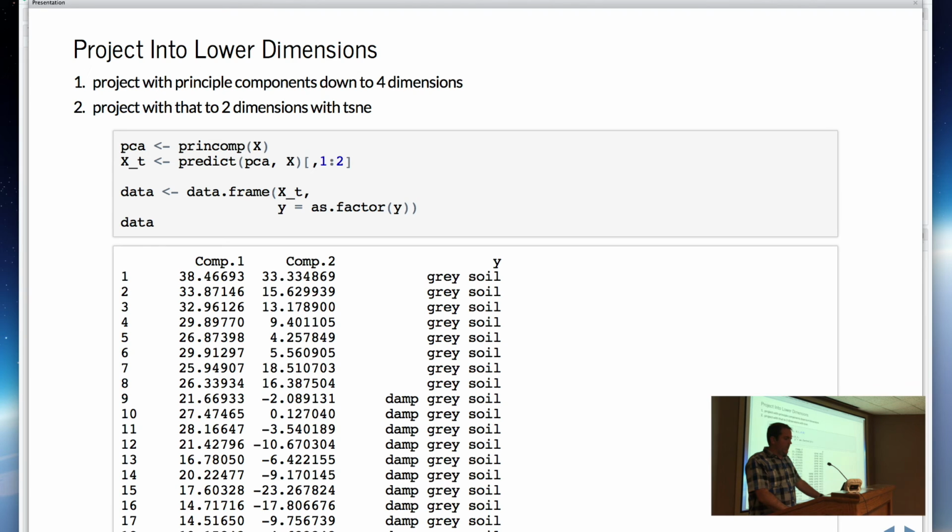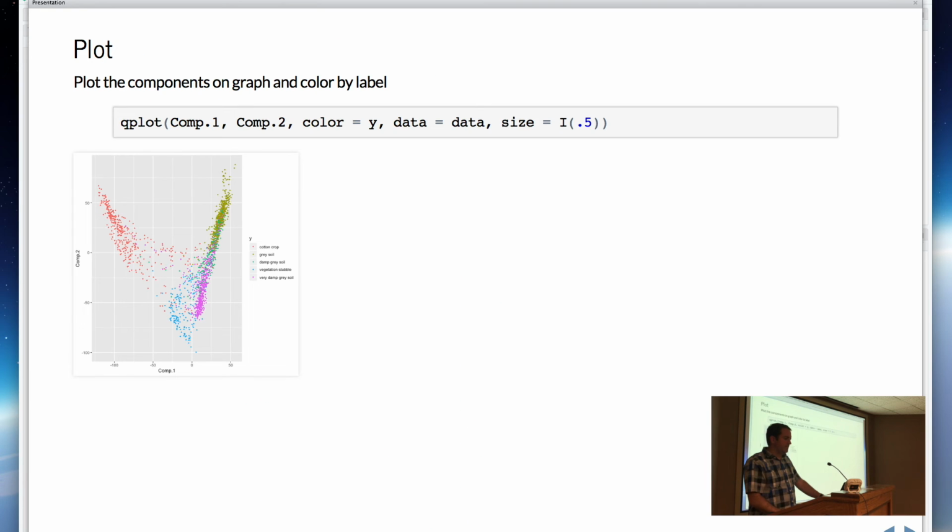So if we want to do a visual cluster of that, we're going to do principal components. And in this case, I've selected just 2 components so that I can plot them. And I'm just putting out the data at the bottom there, so you'll see that's transformed down into the most important 2 components, and I'm seeing the type. And if I plot that and give the colors